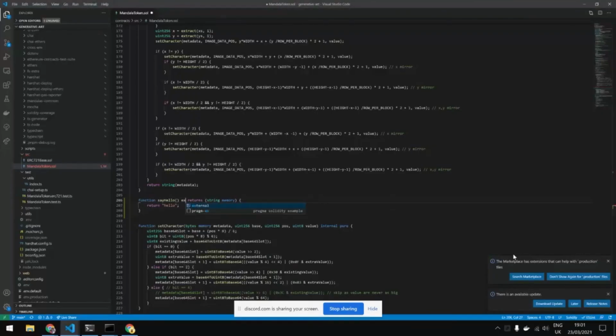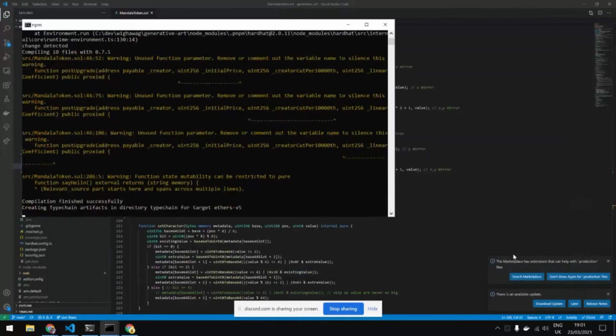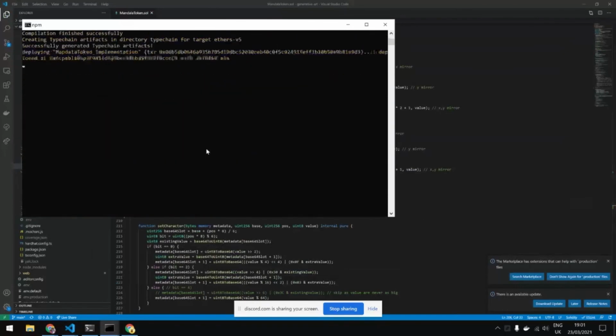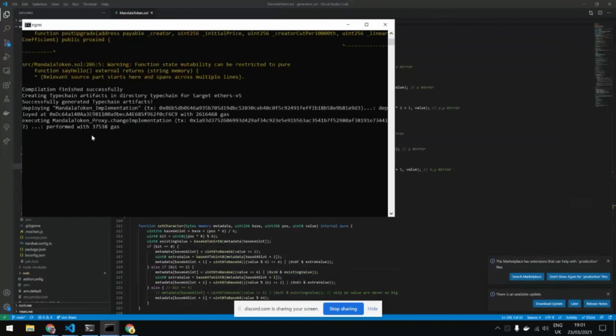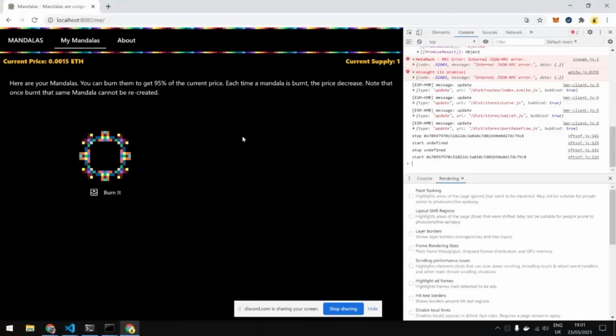Oh, I forgot external. And there was an error because Solidity shouted at me. So now I redeploy. So now I don't need to go anywhere. I can just say hello. So obviously here there is no UI, but I could definitely make a UI for it.